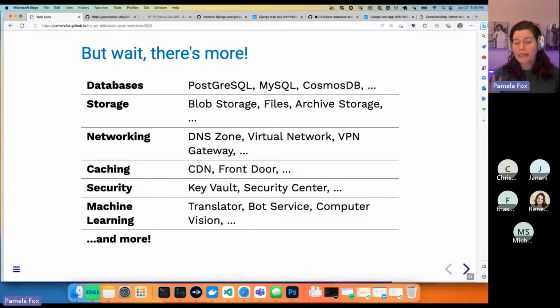But you probably also want to add other things onto your app. So not just using App Service, but maybe you want a CDN in front. That's a content delivery network. That's if you want to do caching. Maybe you need a key vault to store some secrets, like to store your database secret. The database, of course, you may want to actually have a database, and that's going to be another managed Azure